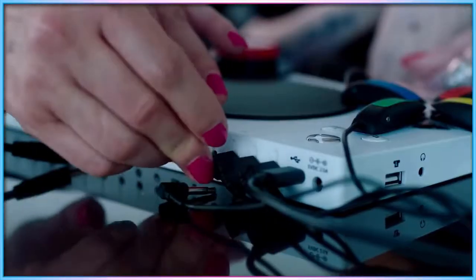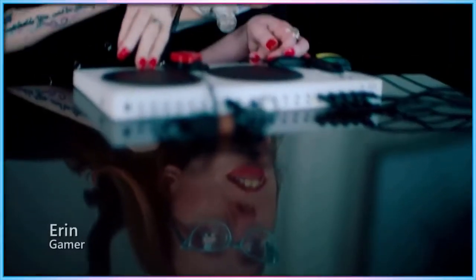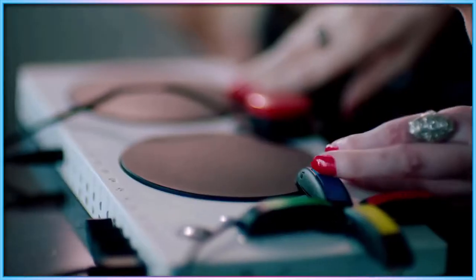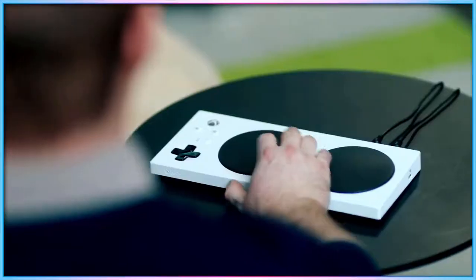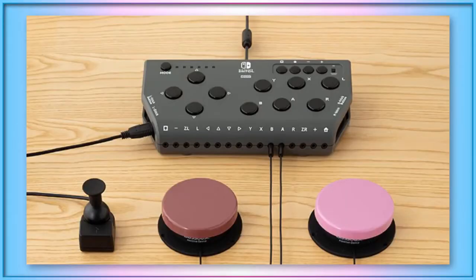The Hori Flex is a much smaller modular controller base than the Xbox Adaptive Controller, featuring a larger variety of face buttons of smaller sizes. Where the Xbox Adaptive Controller primarily features a very large A and B button, as well as a D-pad and system navigation buttons, the Hori Flex instead features A, B, X, Y, L and R buttons alongside D-pad directions on